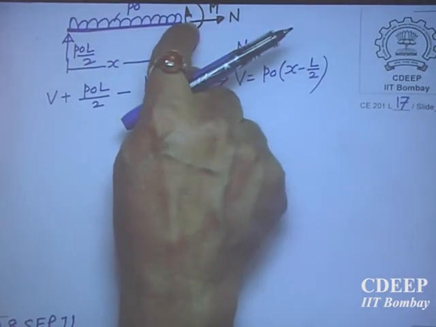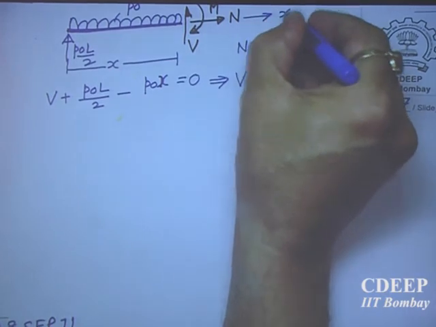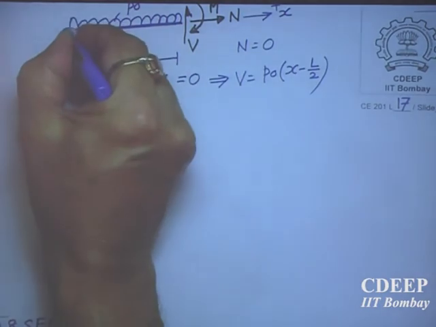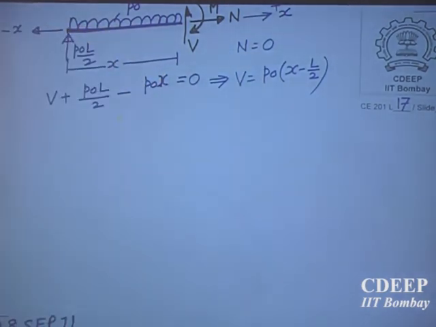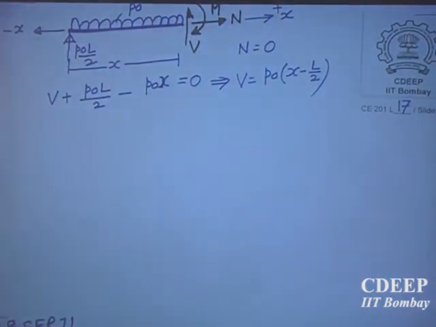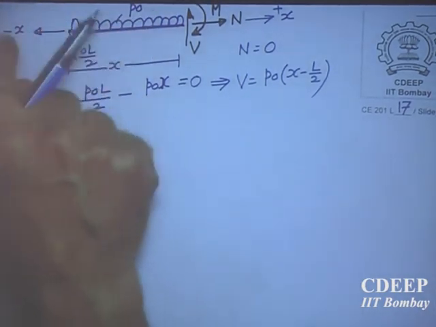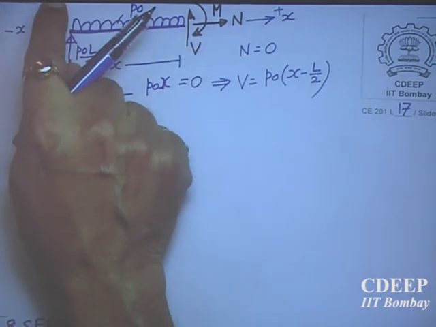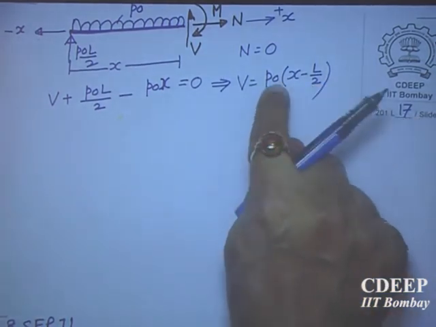This shear force is positive. Why we are calling this positive? Because this is on a positive x. Upward we have taken positive. What is this phase? This is negative x. So here, this reaction is a shear force. But then this is upward. On a negative phase, upward shear force is negative. So it is coming negative, so it is okay. So you are getting this.